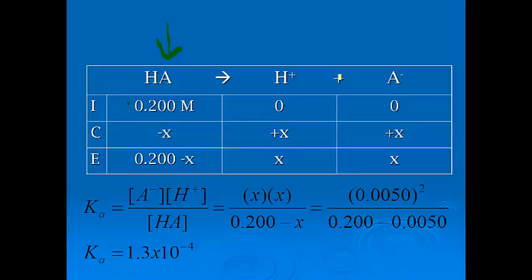Here would be my generic acid with the original concentration. Here is still that original, the x is still the same, except what we're going to do is plug our values in for x. And we're not going to cross them off this time because we don't have to. Plus, if you look at it, 0.005 is not all that much smaller. So since it's not making our algebra easier, we are going to leave it, and we can solve for a Ka value of this acid of 1.3 times 10 to the negative fourth. Okay, so I hope that helps, and we'll do bases in the next